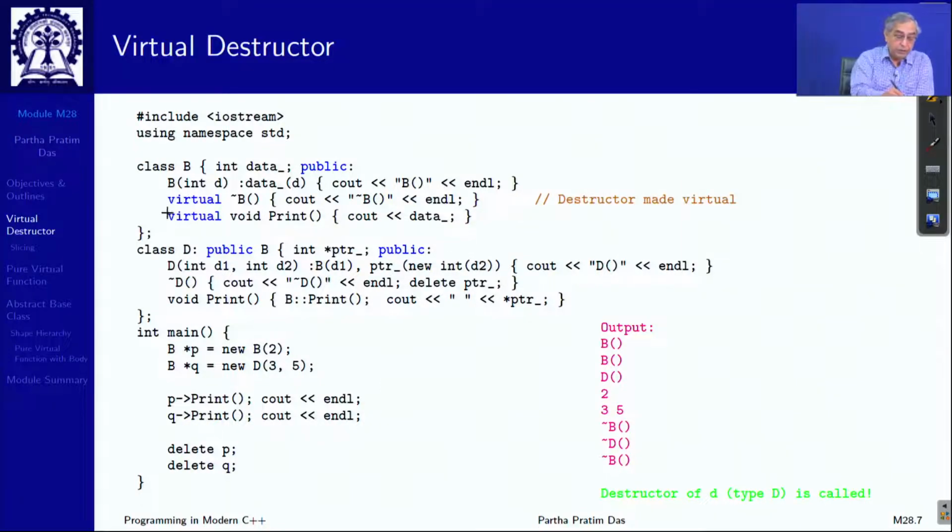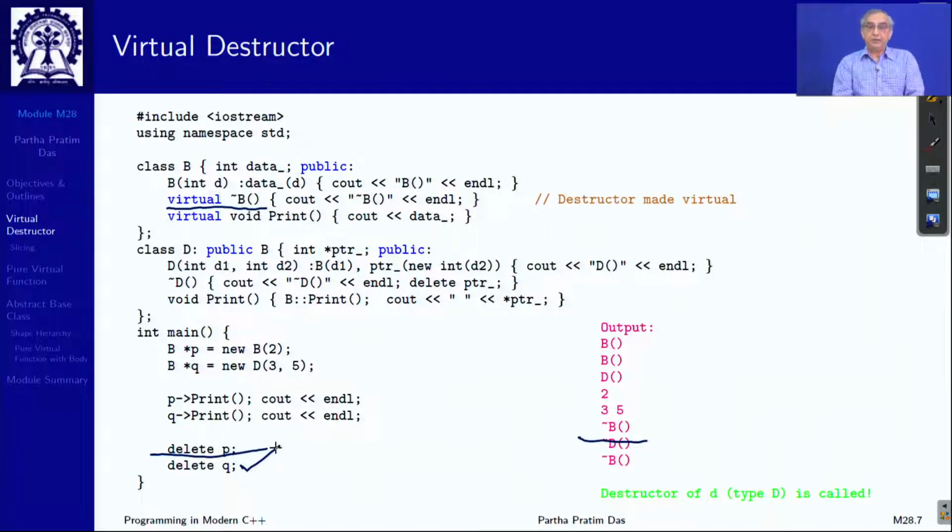All that we need to do is to make the destructor of the base class B virtual. Everything else remains the same, there is no other change. Up to this point, everything is identical. Now, what happens when I call delete q? Though q is a pointer to the base type, that base type